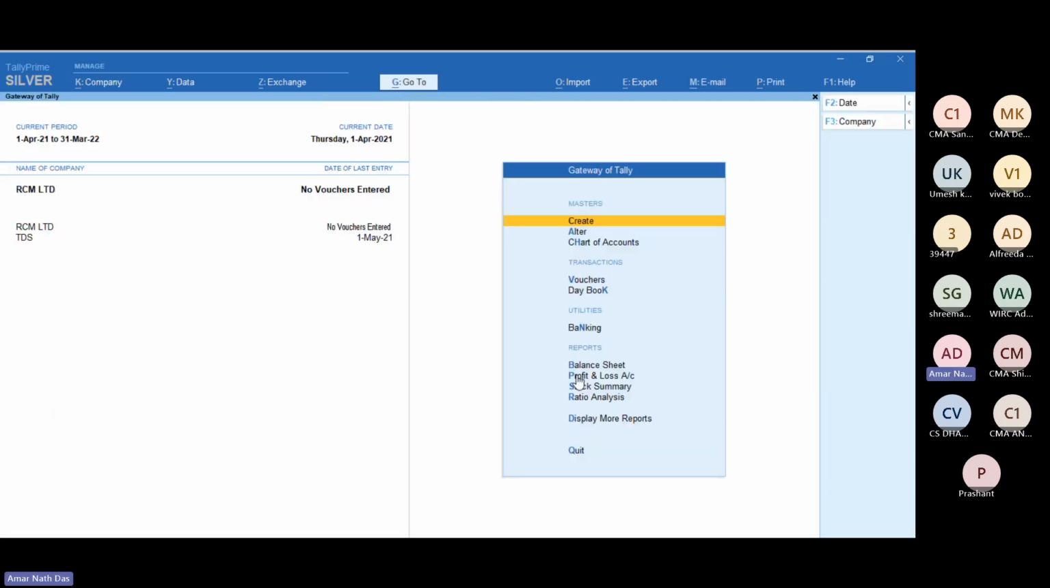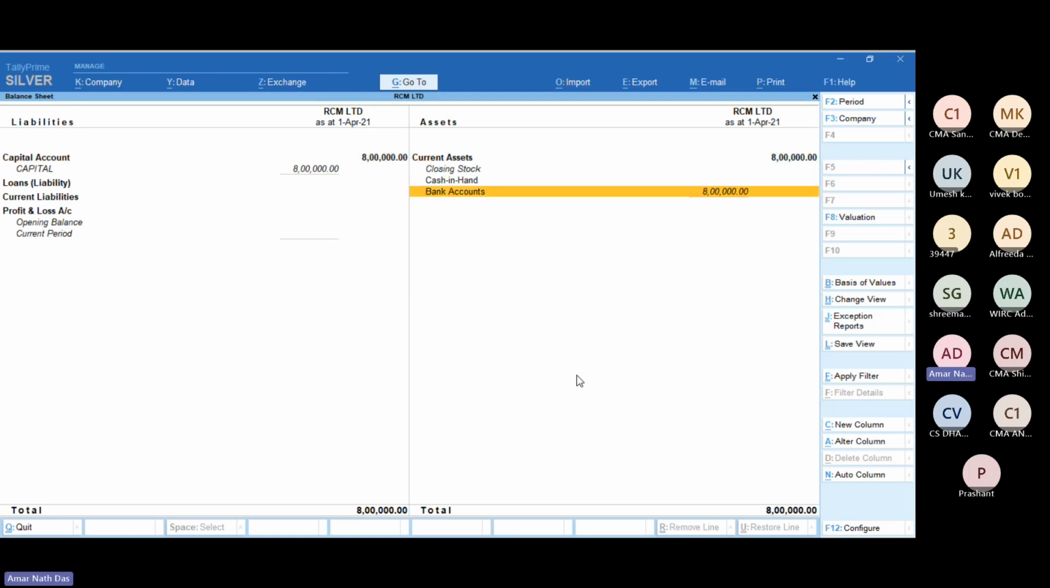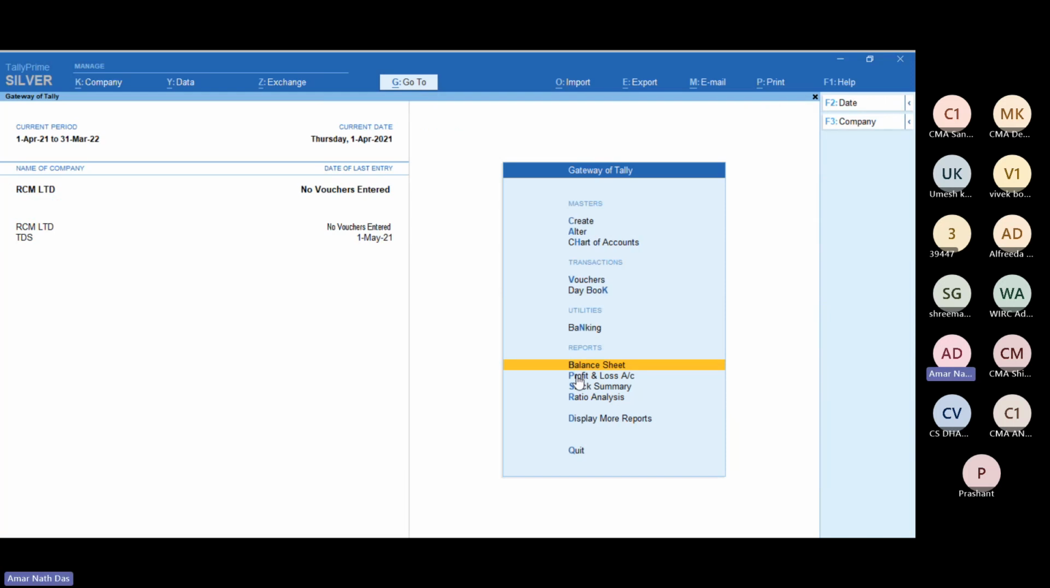Now just get back to the dashboard, and I just want to open the balance sheet and take a look at whether it shows. So it's okay. Capital 8 lakh, and my bank account also shows 8 lakh. So now, after getting back to the Gateway of Tally, it's time to create